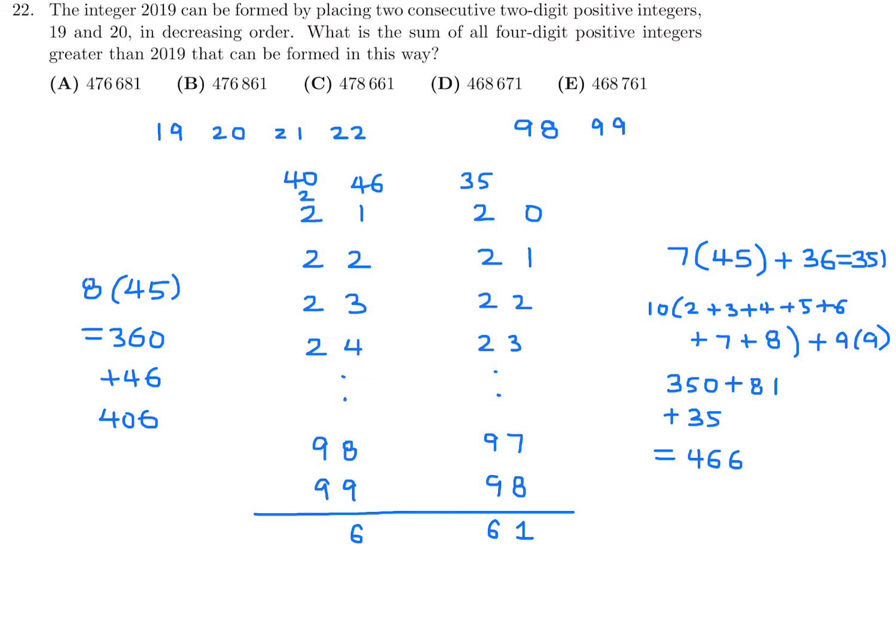You're only starting with 21. So from 21 to 29, that's only 9 numbers. So there's only 9 2s. But the rest would be fine. For example, it would be 30 to 39, 40 to 49, all the way up to 90 to 99. So all of those will be fine. It'll be 10 times 3 plus 4 plus 5, all the way up till 9. So a little bit tricky there. Okay, so that looks like 18, and then